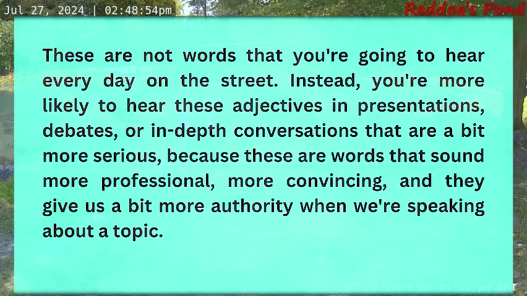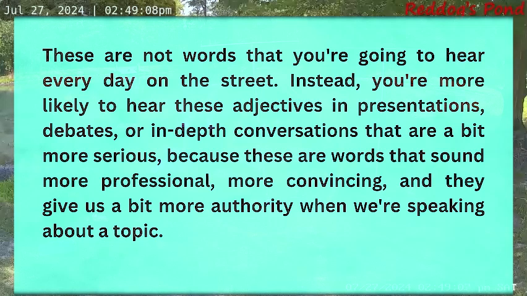Instead, you're more likely to hear these adjectives in presentations, debates, or in-depth conversations that are a bit more serious, because these are words that sound more professional, more convincing, and they give us a bit more authority when we're